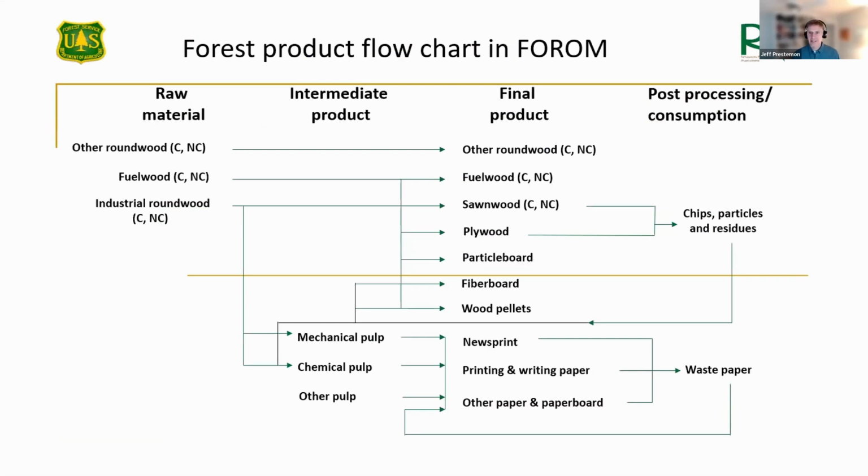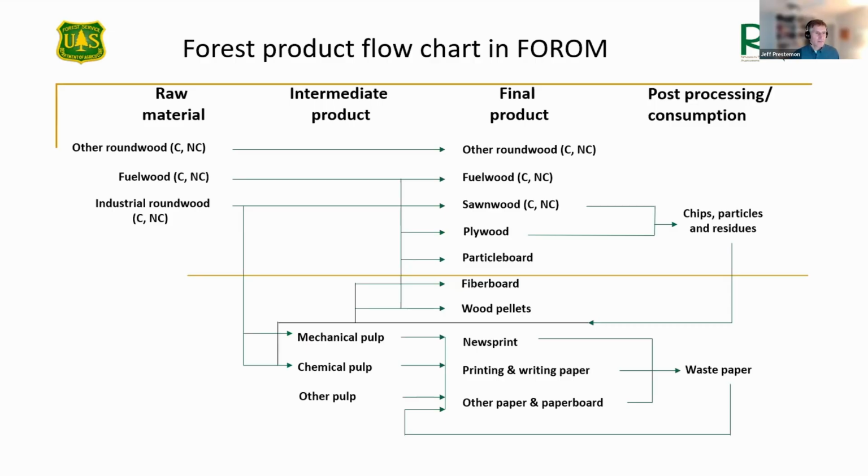FORUM, I'm going to give a little bit more detail here, but suffice to say that FORUM is a global spatial partial equilibrium model. So every country or region modeled by FORUM achieves an equilibrium in price, production, consumption, and trade, and that is across all the product categories that we model. We model the primary product, that is the roundwood that goes into producing forest products, as well as the processed products, generally pulp products, as well as the final product categories we are modeling from roundwood, other kinds of roundwood, as well as fuel wood, sawnwood, that's lumber, both softwood and hardwood, plywood, particle board, fiberboard, wood pellets, and the three primary aggregated product categories that we track in paper, which is newsprint, printing and writing paper, and